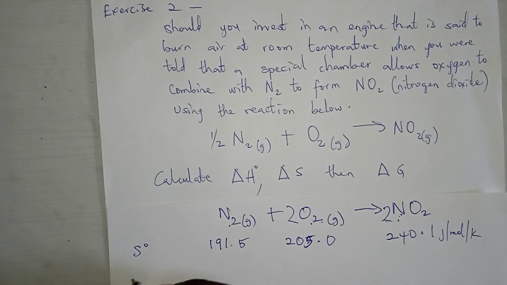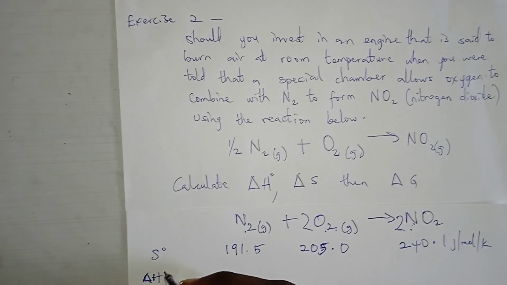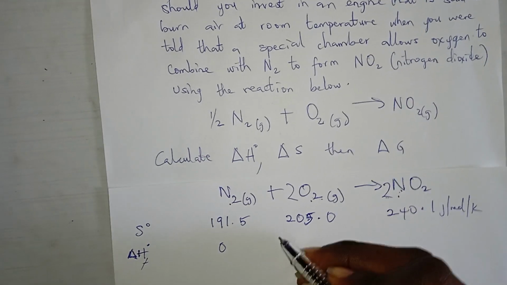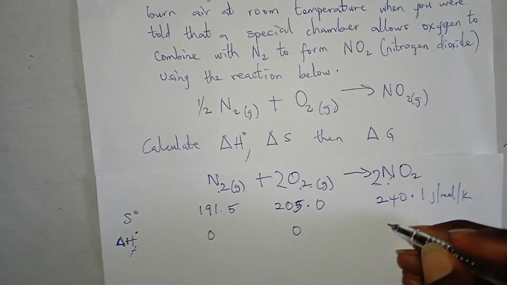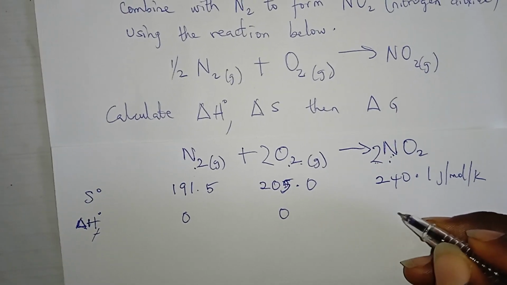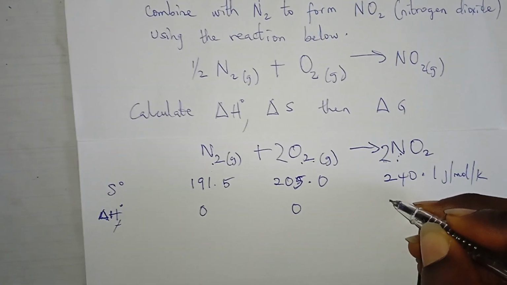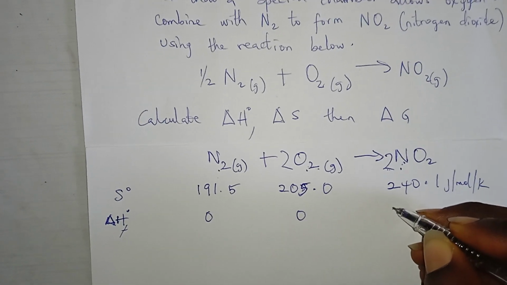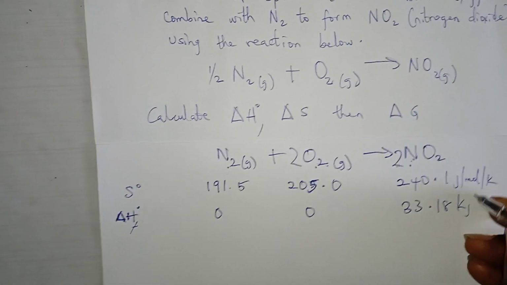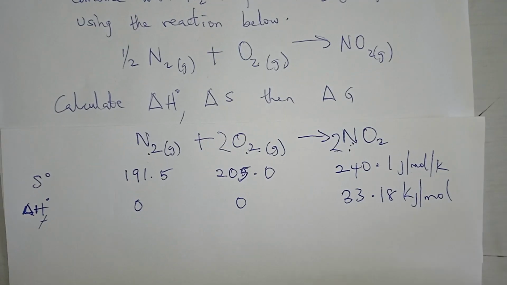So if I know that, now the enthalpy. The enthalpy of pure elements is 0. The same thing with Gibbs free energy. The Gibbs free energy of pure elements is 0. Entropy cannot be 0. That's the third law. So for nitrogen dioxide, the enthalpy is 33.18 kilojoule per mole. So since I know this,